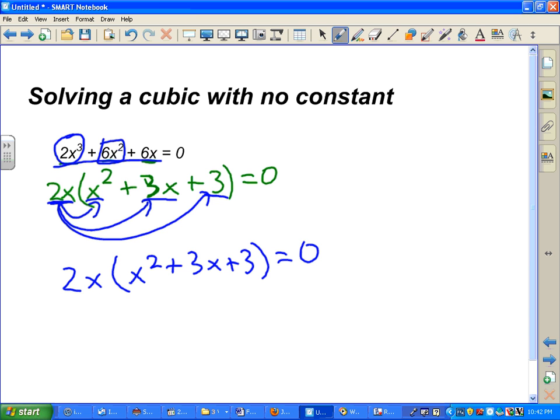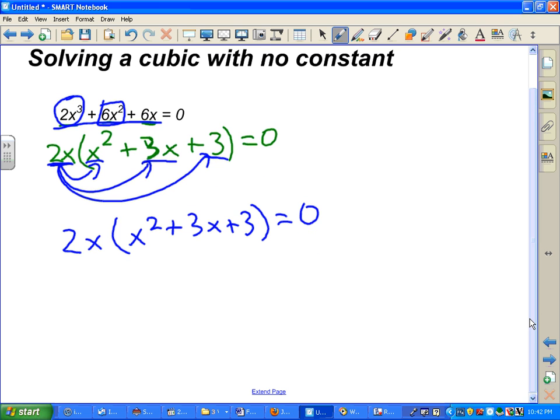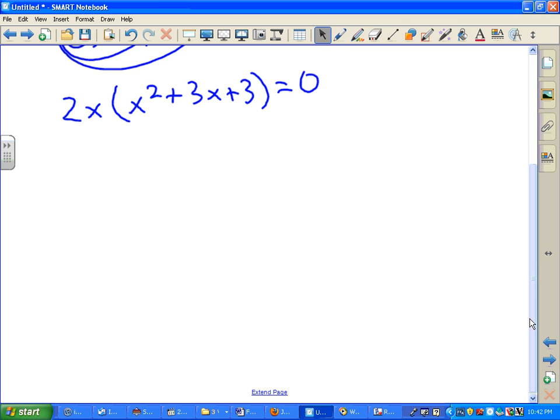Now, we just went through several ways last week of solving a quadratic. Well, guess what I've done for myself here? I have made this piece into a quadratic. So let's look at that and see, does it factor? Does this quadratic right here factor? And if we're looking at it, what are the factors of 3 that are going to add to 3? And there are none. 3 plus 1 is 4. Those are the only factors. So I'm going to have to do something else,